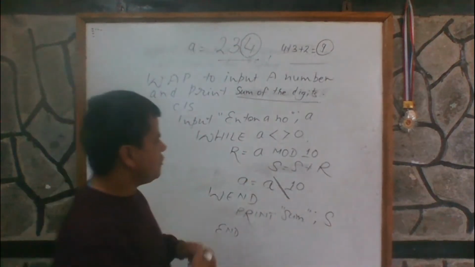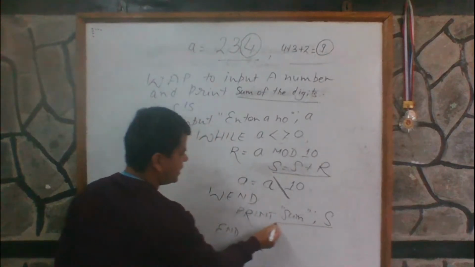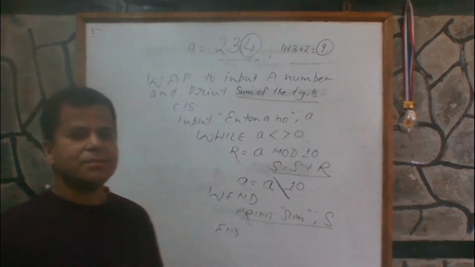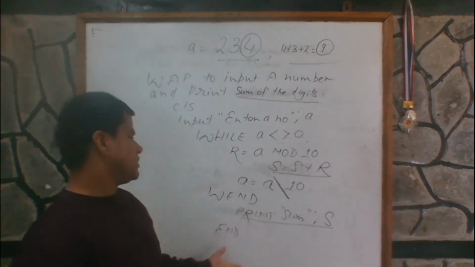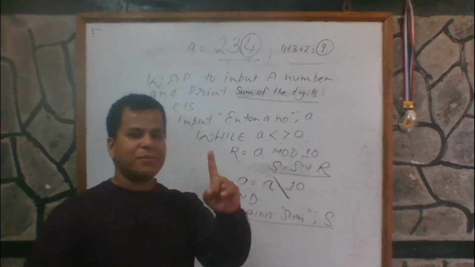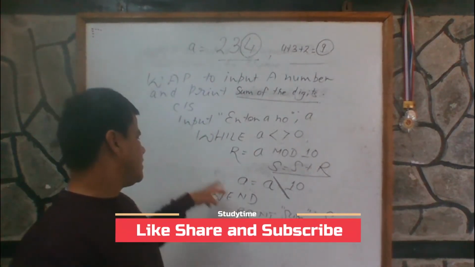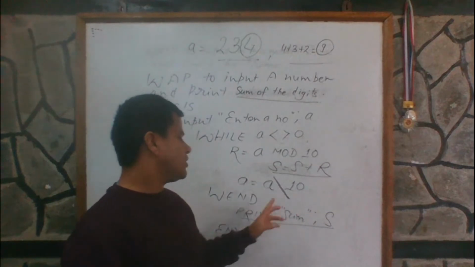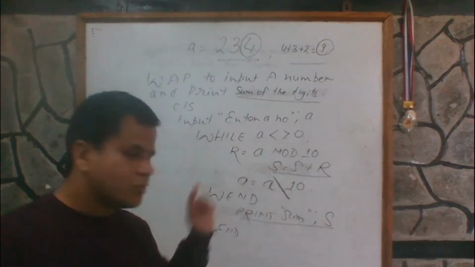Look at here, only one sentence you have to add over here, this one. And to print the sum, you have to print the sum outside of the for loop. Why am I printing outside of the for loop? Because I want to print the sum one time only. The last value of s I want to print, and so we have to print the value of sum outside of the loop. So एउटा questionबाट यो अर्को question बन्यो.